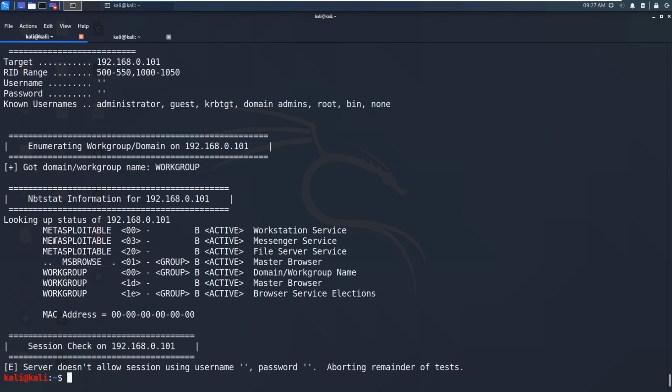You can see there are so many services. You can see the MAC address is null, and session checking on this IP address: server does not allow session using username empty and password null. Since enum4linux failed to log in via anonymous, it aborted all the remaining tests. So these are pretty much the tools you can use for SMB enumeration to get much more juicy information.